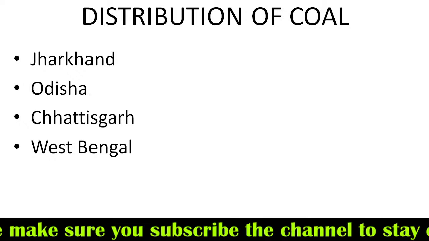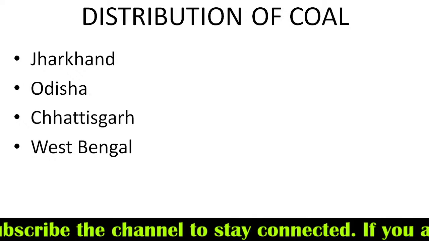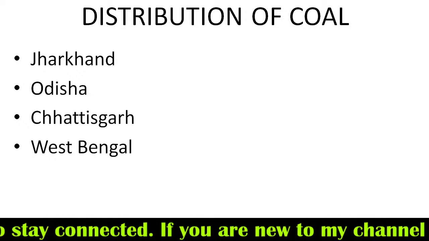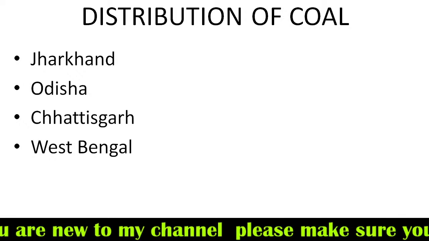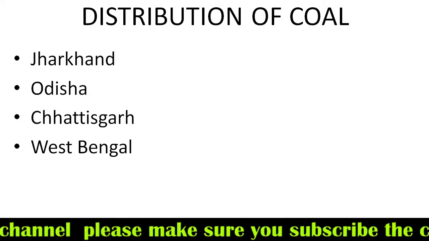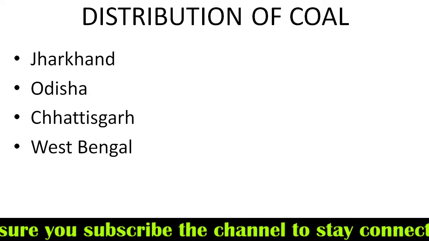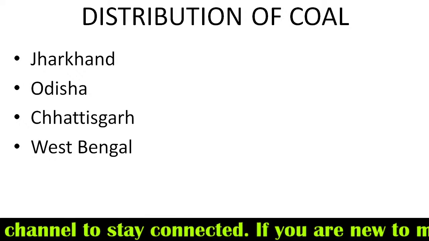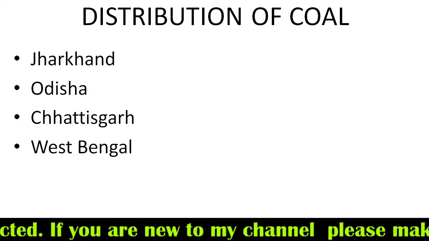Karimnagar, Khammam and Warangal are major coal producing districts, and the important coal field is Singareni, which is very famous. So now going by the coal reserves, Jharkhand, Odisha, Chhattisgarh, West Bengal, Madhya Pradesh are prominent producers